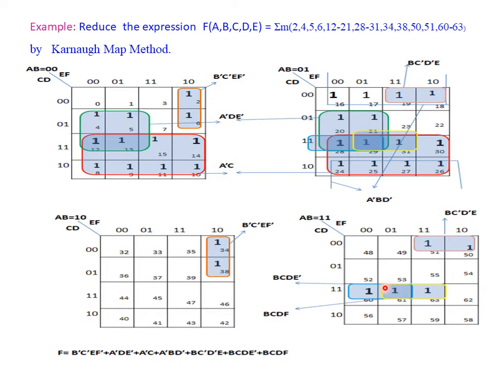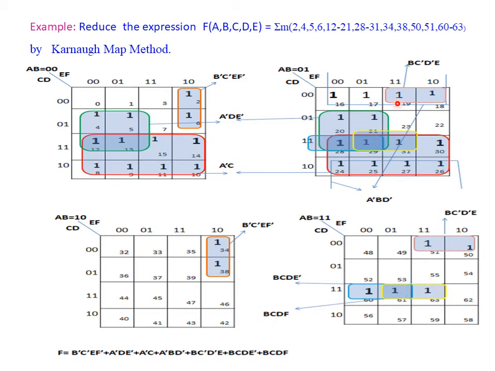Now let's see the common between these two maps. In these two maps, a total of three groupings are common. First let's see the pink combinations. In these two maps, the common AB term is B. So we write B, and C bar, D bar, and common between these two is E. So B, C bar, D bar, E is an answer. Now coming to the blue color cell, the common AB term is B, and writing C, D, the common between these two cells is E bar. Now the yellow cells, the common term is B, then C, D, common between these two is F.